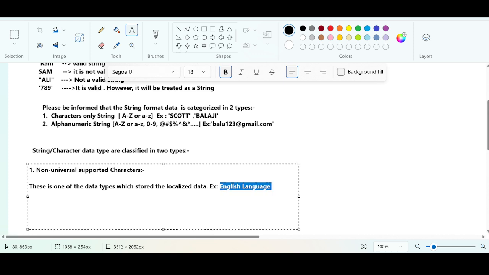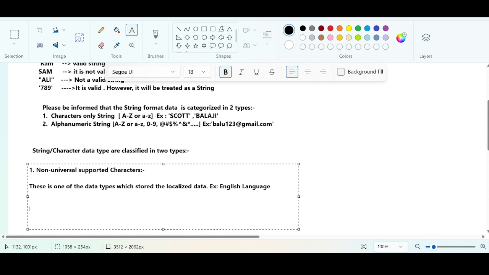When you see such things even in the databases, if you are storing such data, it is called what? The localized data. It is completely localized. But what if I want to represent regional languages? For example, let us take our country. In India, there are many official languages. We have Tamil, Telugu, Hindi, Malayalam. There are many languages. But if I want to represent my data in my local, regional language,